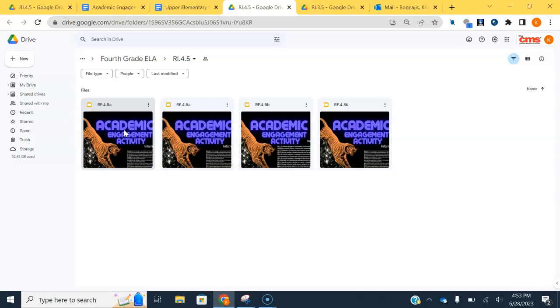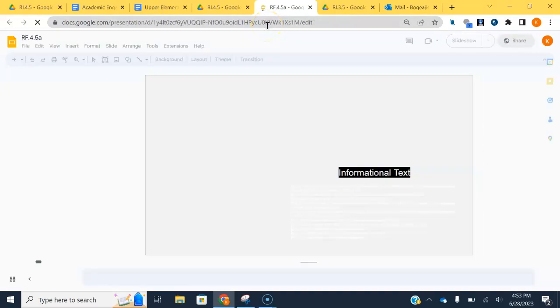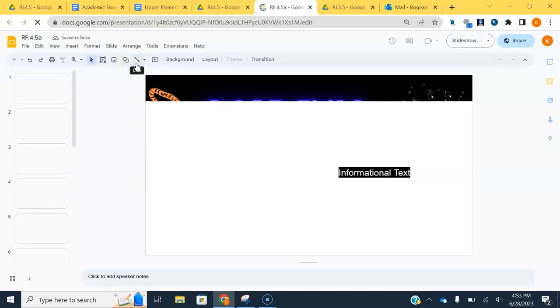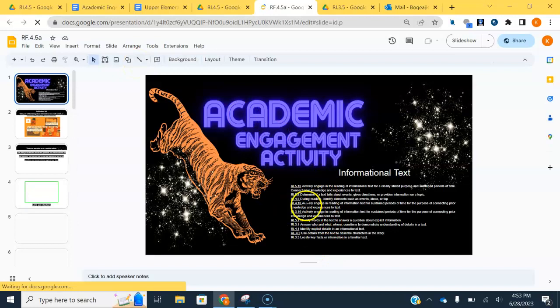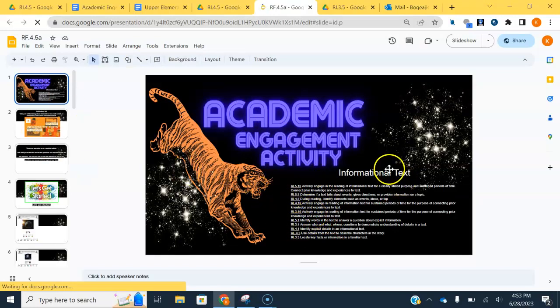No, you're going to have a story, and that story is going to have all of your RI standards, and it's going to have probably a couple, maybe a writing standard. There's going to be things embedded into it that are more than one standard. None of them are just one standard. So that's why when you click on, I'll just use this as an example, this RF 4.5A, you'll see all of these standards on the very first page of the slides document